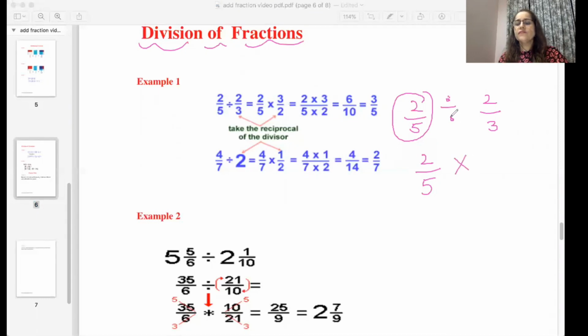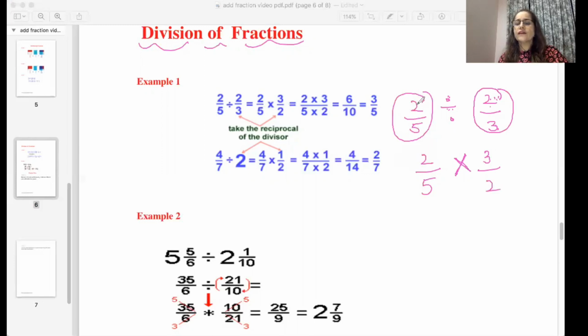So that means we have changed the sign. It was division, now we have multiplication. But once we have changed the sign, we will change the fraction which is written after the division. We will write the reciprocal of this fraction. What is the reciprocal of this? This 3 is in the denominator, now we will write it as a numerator. It is 2 by 3; if we take the reciprocal of this, it will be 3 by 2.